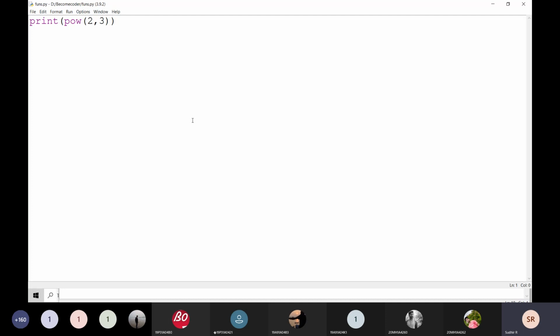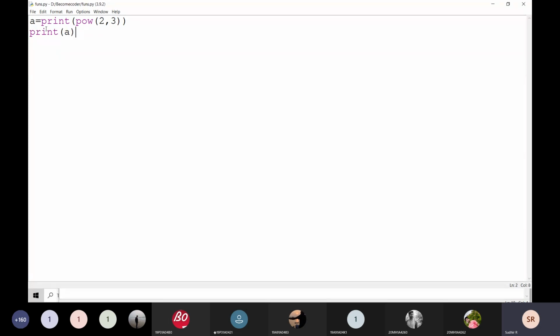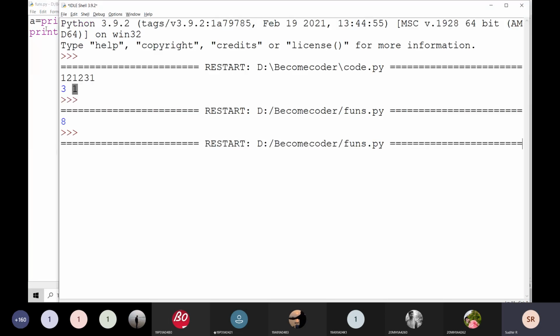I am going to call this method and put it inside a print. Print is also a function, right? Can anyone guess what is the value of a here? 8, sir.